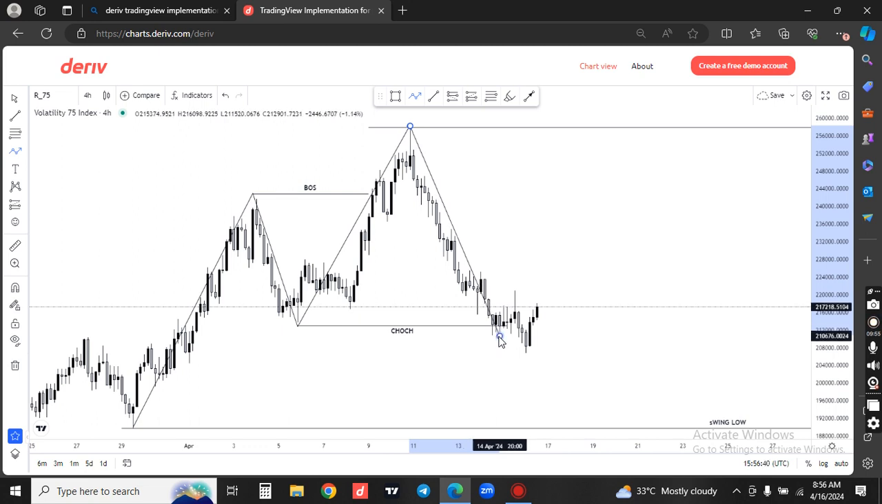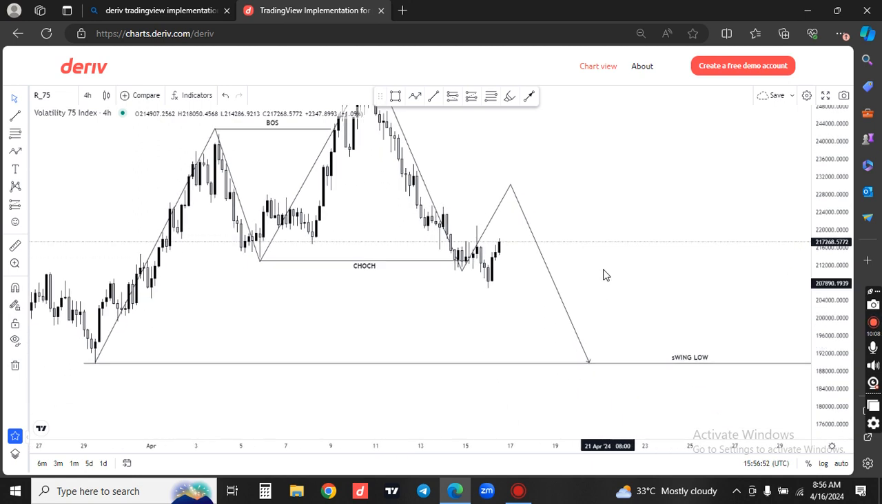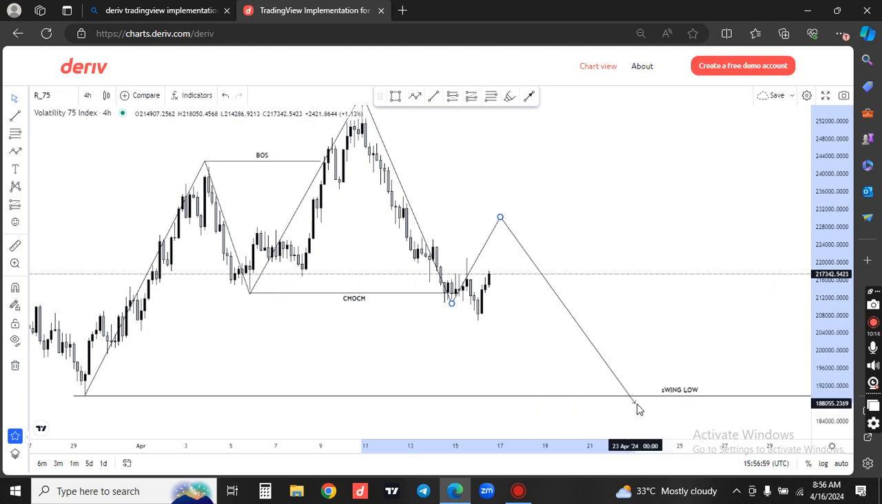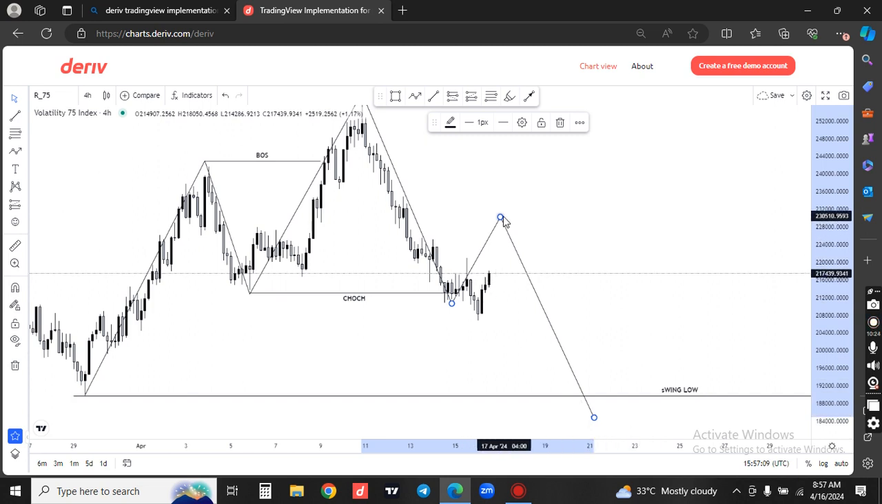So what we are expecting is a pullback, maybe to this zone, to this order block, and then we take our sell again. So what is our target? Our target is that this swing low, this is a weak low, right? This weak low is going to be taken out. Having known this, we know that the low is going to be taken out. Then let's